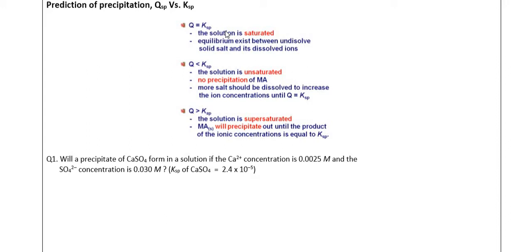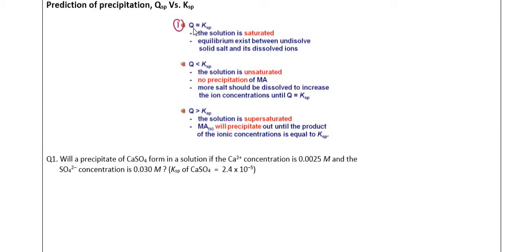Now I want to show you how we predict whether a precipitate is formed or not, just based on the value of QSP compared to the KSP. Here you have three situations, or three conditions. The first one,